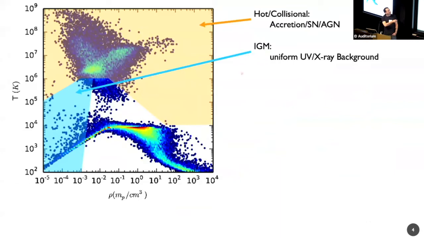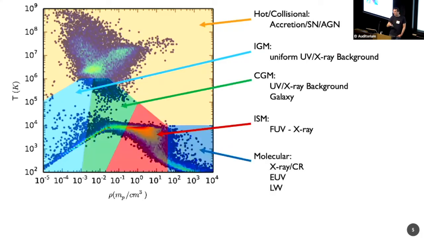For the IGM, we have the cooling metal, which has a uniform UV background included, so that's a fairly good model. We have the superbubble feedback, which does a great job in pushing the stuff away from the fast cooling areas here. But you see there's still a lot of material left in this region.